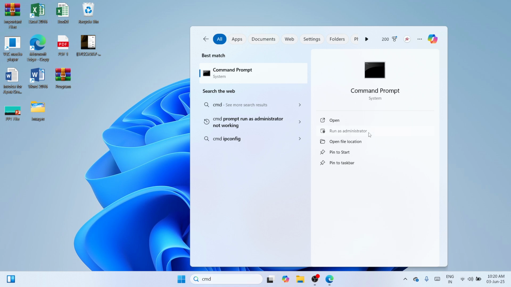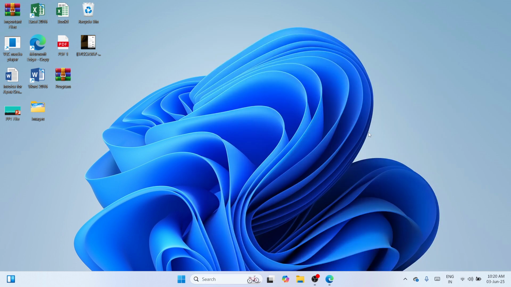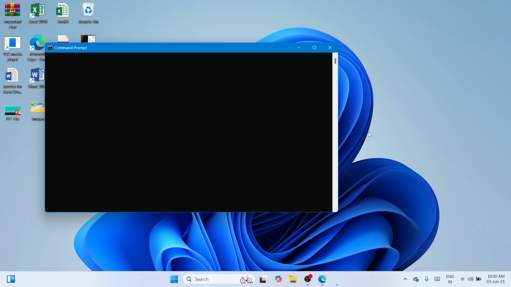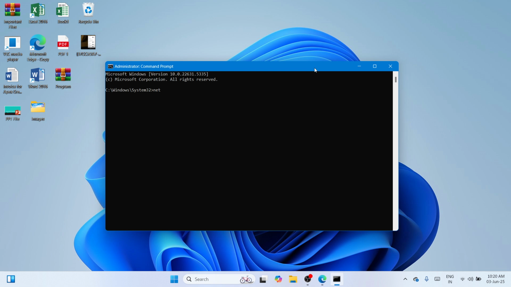So please go with Run as administrator and your User Account Control will ask you to say yes. Click on Yes so that you can proceed. Okay. So here, please type again net user. Once you've typed that, you need to click on the Enter key and please type net user space administrator